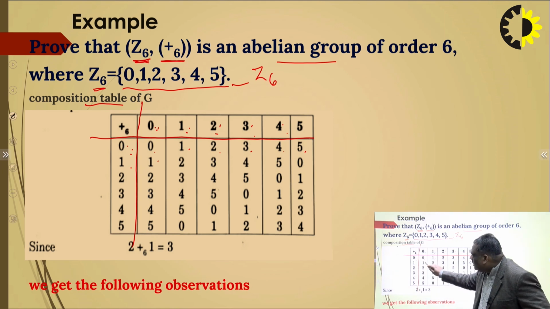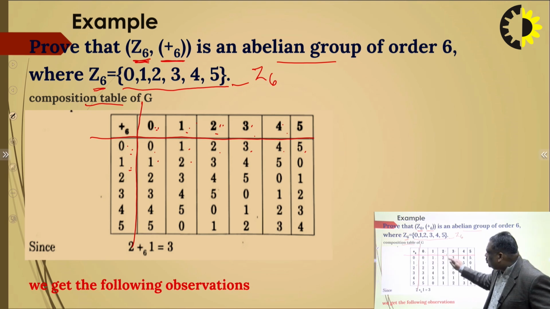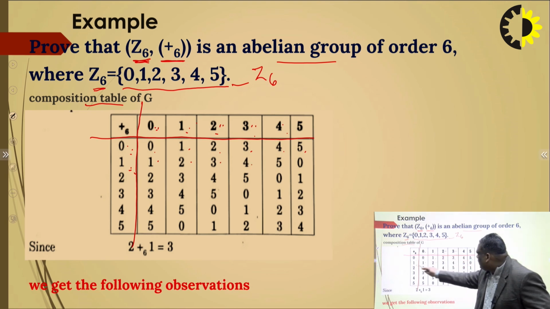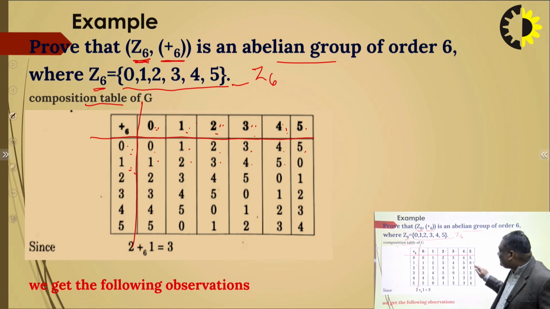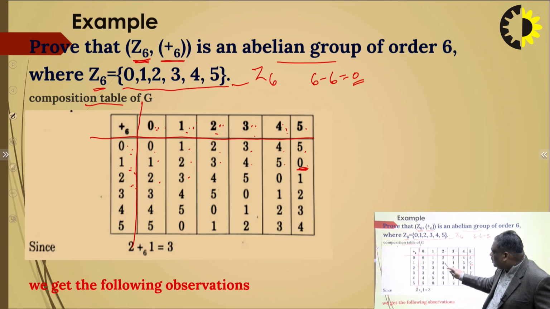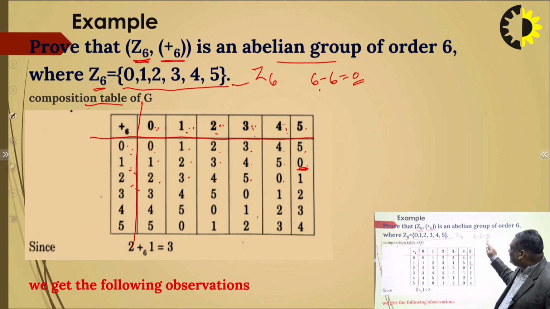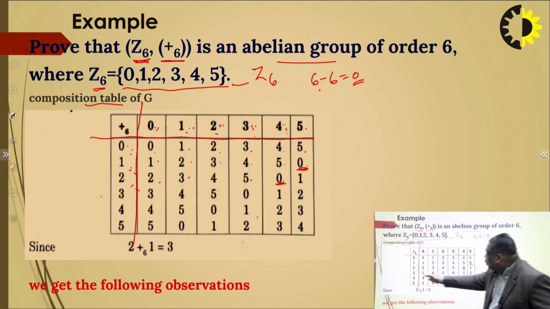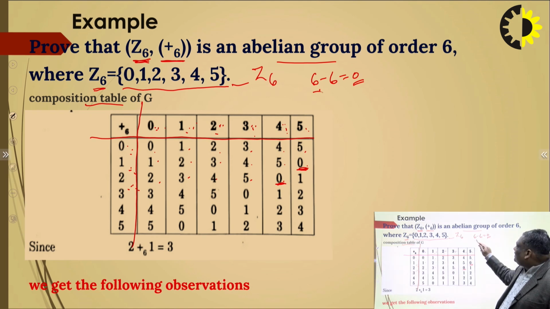1 plus 0 is 1, 1 plus 1 is 2, 1 plus 2 is 3, 1 plus 3 is 4, 1 plus 4 is 5, 1 plus 5 is 6. But modulo 6, that means 6 minus 6 is equal to 0, so the result is 0 here. Okay, please see this. In a similar way, 2 plus 0 is 2, 2 plus 1 is 3, 2 plus 2 is 4, 2 plus 3 is equal to 5, 2 plus 4 is equal to 6, and 6 minus 6 is equal to 0. 2 plus 5 is equal to 7, and 7 minus 6 is equal to 1. Please note that